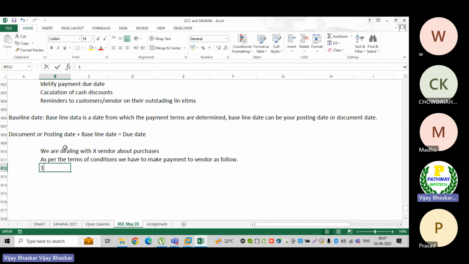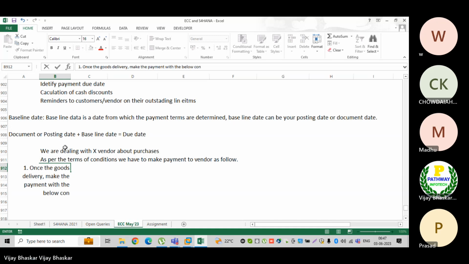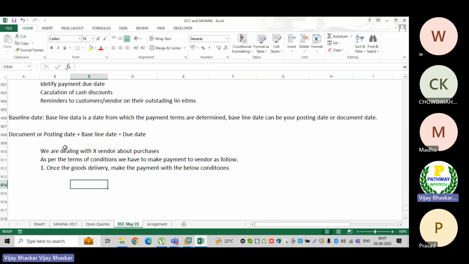Condition number one, the option the vendor has given: make payment once the goods delivery happens, with the below conditions. He has given some options.